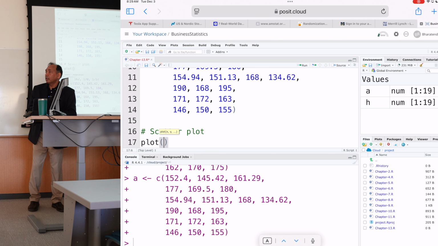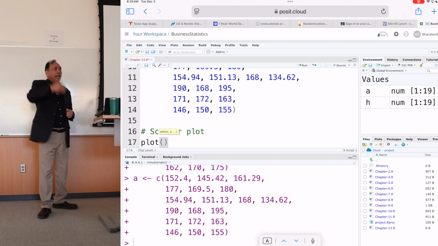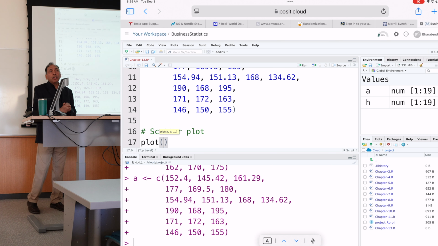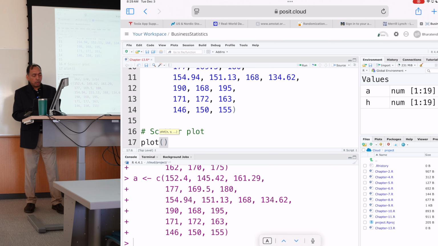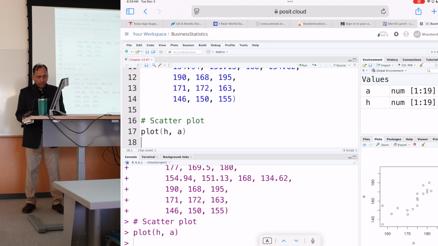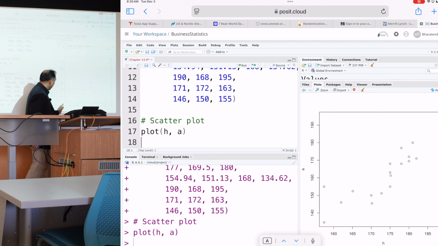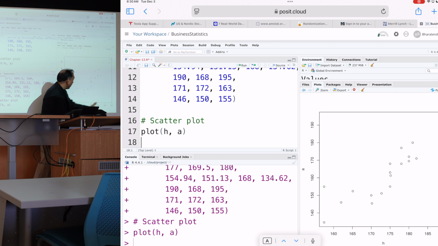So whatever you are predicting, that's called the dependent variable. So we are saying that the arm span is dependent on the height of a person. So height will go on the x-axis, arm span goes on the y-axis. Plot x comma y, whatever you put first will go on the x-axis. So our height is in h, arm span is in a, and when you run that, you get a scatter plot. So clearly, we see as we go up from 160, 165, 170, 175 to 190, data points are going